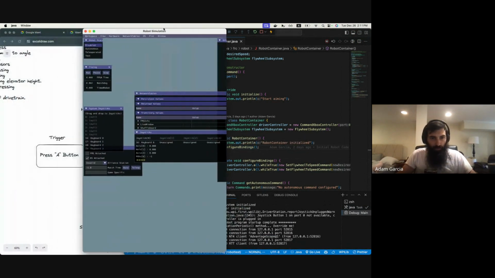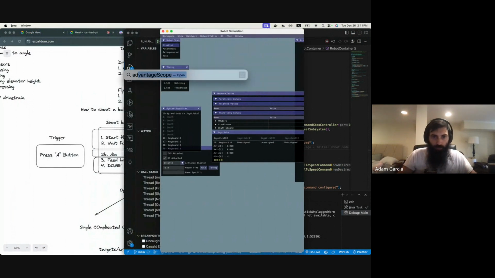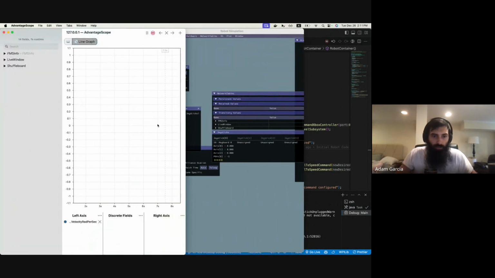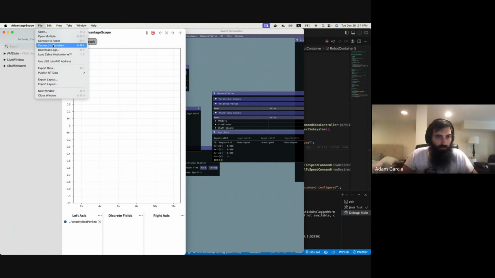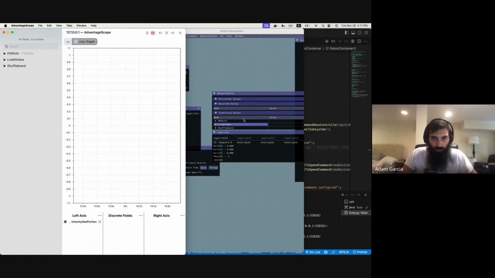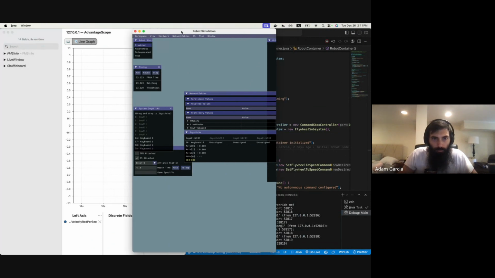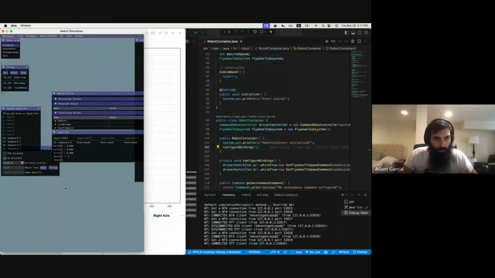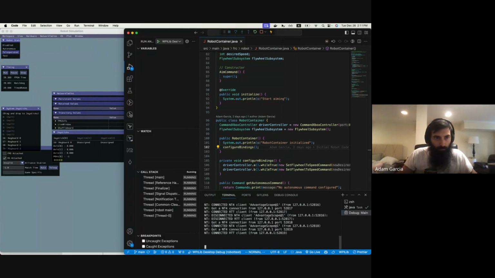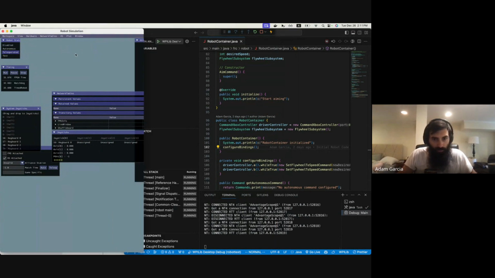Okay. And then we also have, we're going to start to use something called Advantage Scope, which is a logging software. So what we can do is, oh, maybe we're not there yet. So when I go to teleoperated, okay, and I press the A button,